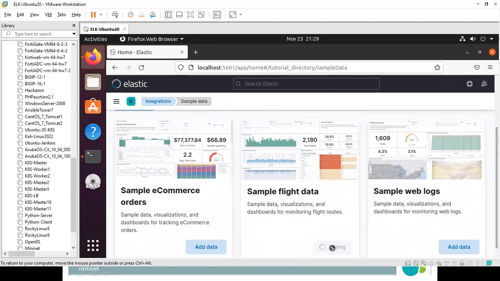This is not current data, but it gives us visualizations to see how the real data will look when we pass it in. It takes some time because it is processing all this information.